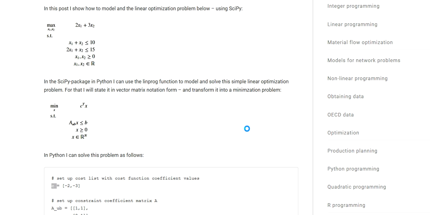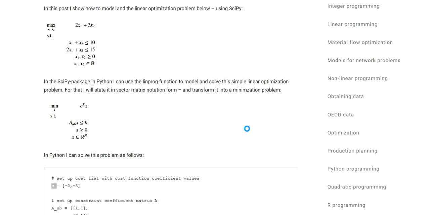Brief example on how to conduct linear optimization and linear modeling in Python. We can do linear programming in Python using the SciPy package. This will comprise the optimize package, and as part of that we get access to the linprog function. The linprog function allows us to conduct linear programming and solve linear optimization problems such as the one shown here as